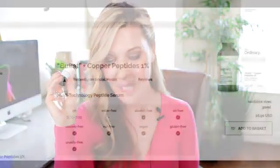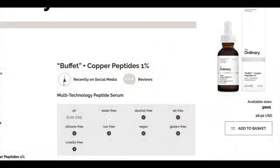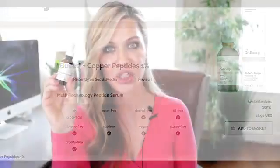Now, number 3 on my ranking is going to be from The Ordinary. This one is their Buffet Plus Copper Peptide. This is such an impressive serum. It is 1% copper peptide, so 1% GHK-CU, but